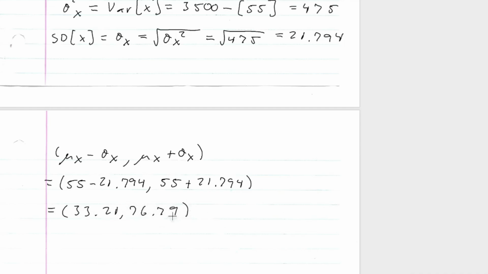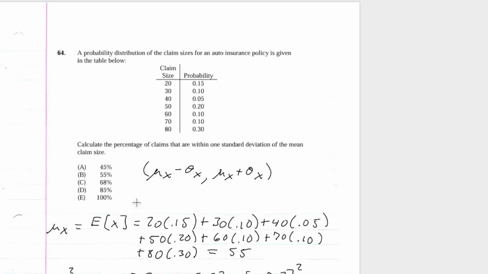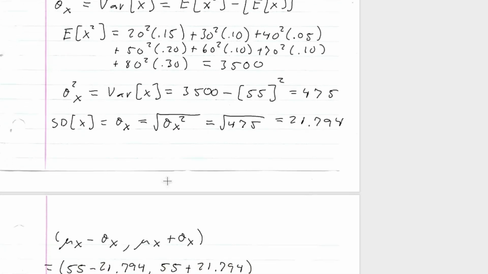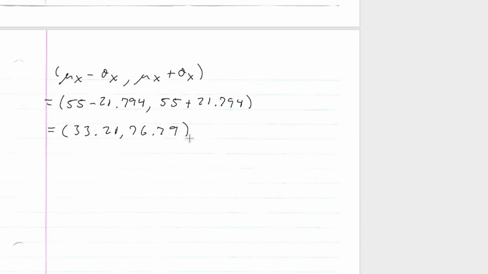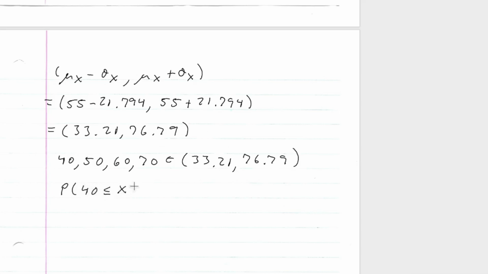So as we can see, 40 is in that interval, 50 is in that interval, 60 is in that interval, and 70 is in that interval, right? So I can see that the claim sizes of 40, 50, 60, and 70 are all within this interval, 33.21 to 76.79. So that means the probability that x is between 40 and 70 is equal to,